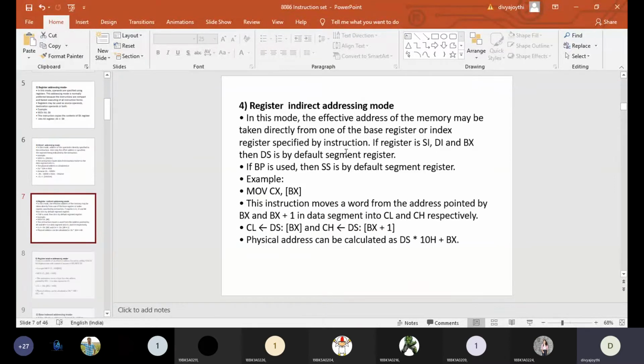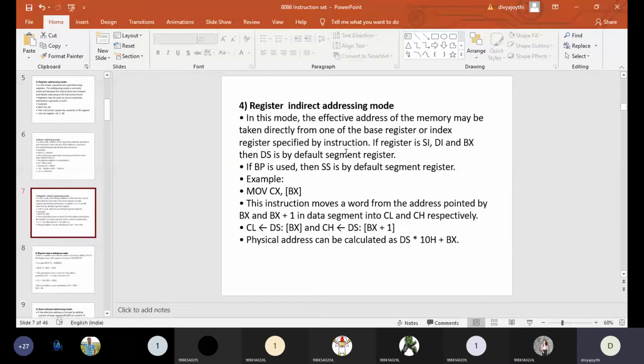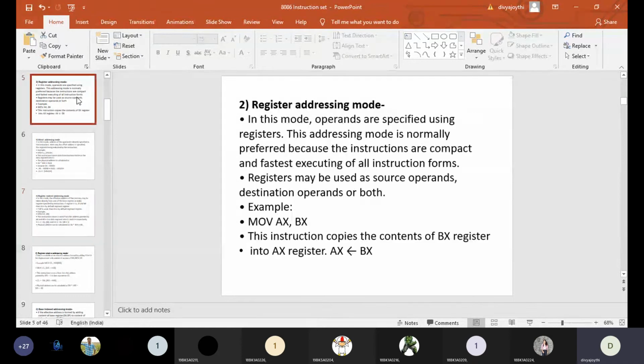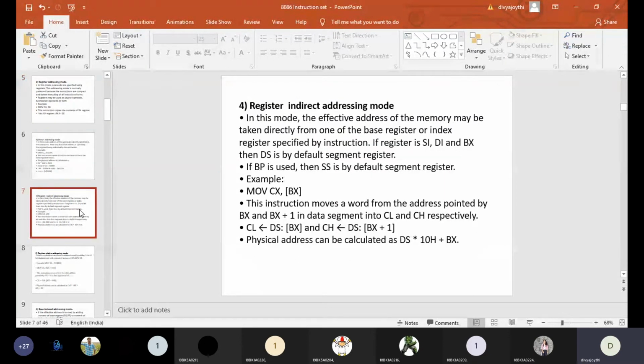And moving on to the register indirect addressing mode. We have seen register addressing mode, and now we need to look into register indirect addressing mode. See here, in register addressing mode, you are directly placing a register which contains the data. Here BX is the register which contains the data. You are writing BX as it is. But if you observe this particular register indirect instruction, the source register is within the braces.